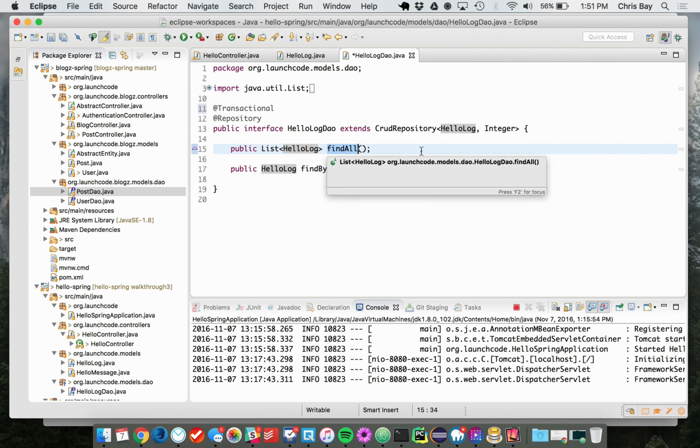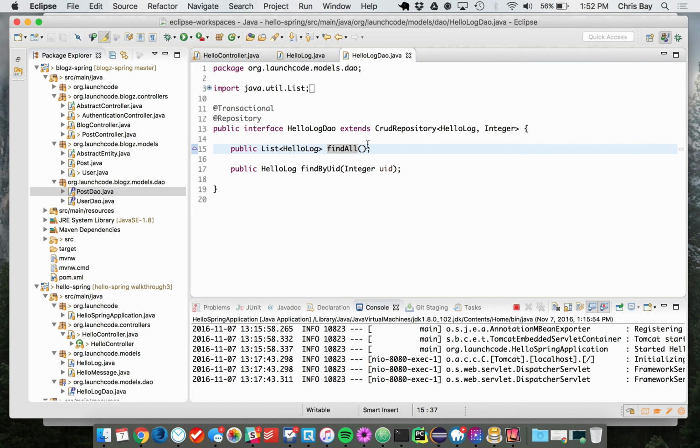I just have to write a method in my interface called findAll. And this is very particular. FindAll is a method name that Hibernate and Spring recognize. I couldn't say find all my objects. That would not work. Spring would not be cool with that. So if I say find all, it's going to be able to generate that